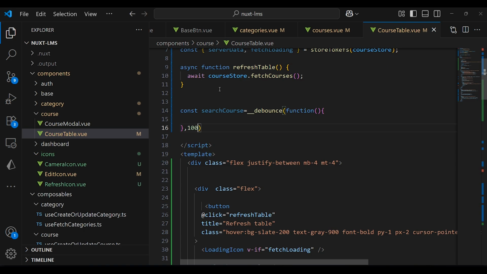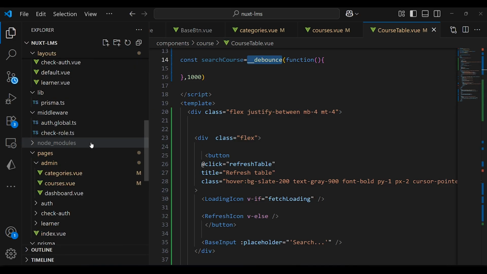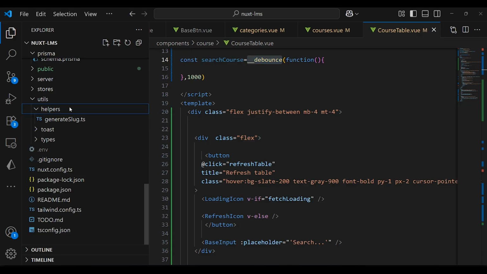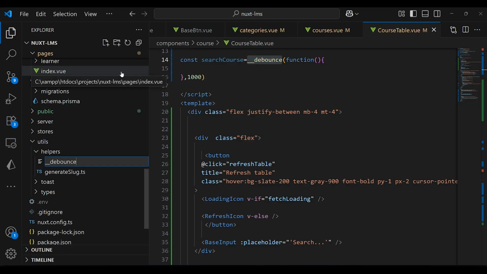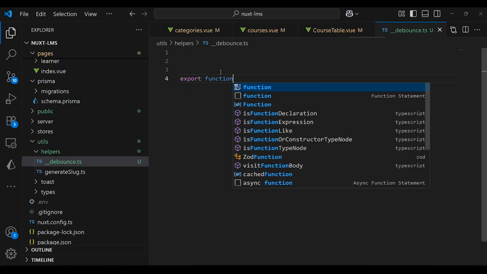And here I'm passing 1 second. Okay. And then we are going to create the debounce function. We are going to head into the URLs folder, and here we're going to get into helpers and create debounce.ts, and we are going to export the function,